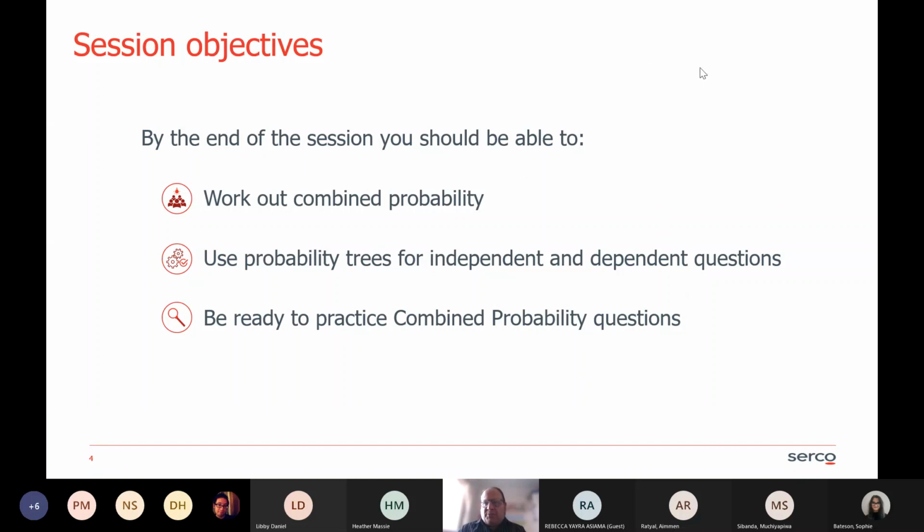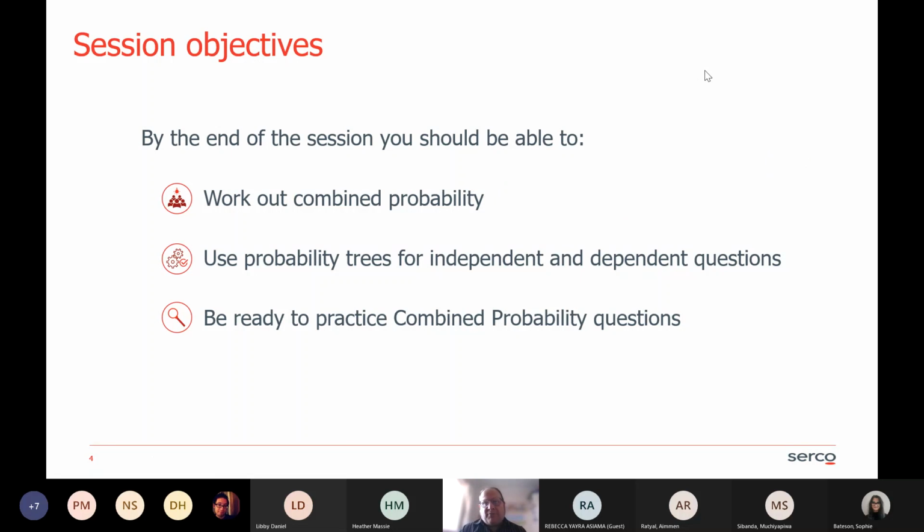What we have done on some of the other sessions, particularly the math sessions, is that I've done that and then given people time to work through an example. It takes a little bit of a while to work through the combined probability questions and probability trees. So instead, we'll work through some examples on screen. I will give you time to work them out as I go along, but you might find it more useful